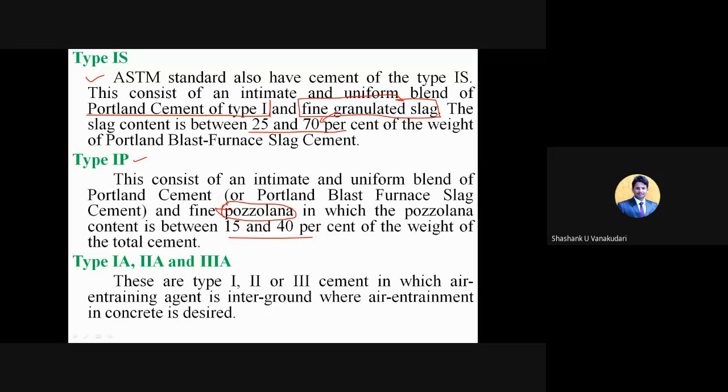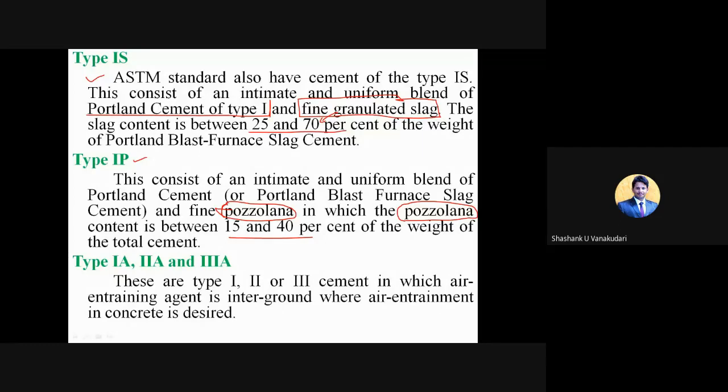So that one only they are going to use along with the ordinary Portland cement, and then they will consider this one as pozzolana cement. Pozzolana is nothing but the ash content which will be used in the cement. So that ash which is